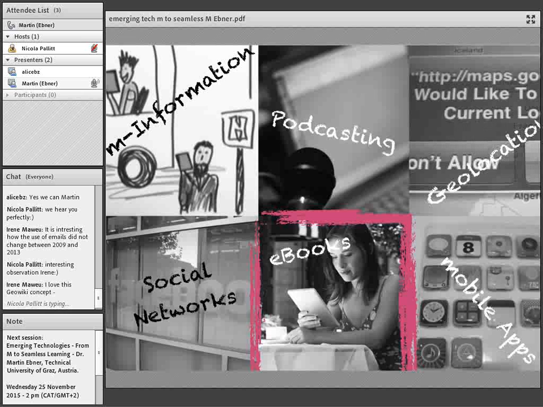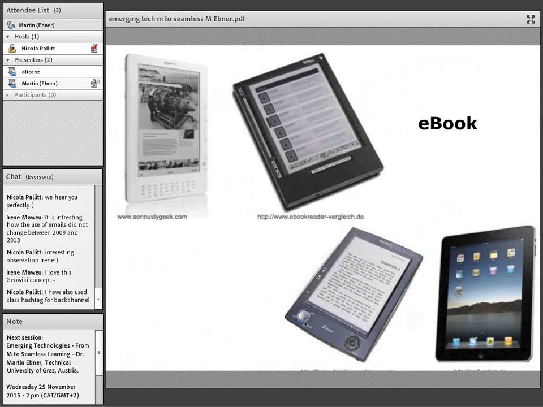Yeah, and then the part of ebooks. I expressed that nearly every fifth of my students currently owns such an ebook reader from Amazon or Sony. And of course, they are asking for appropriate content on these devices. And we are beginning to think about how we can bring the lecture content also to these devices, because they are very useful in terms of reading. It's much better than tablets or smartphones.